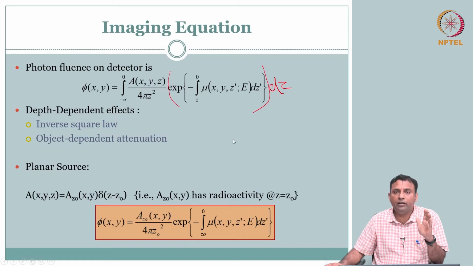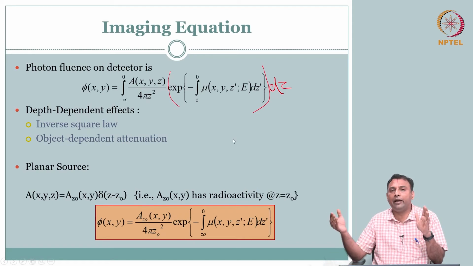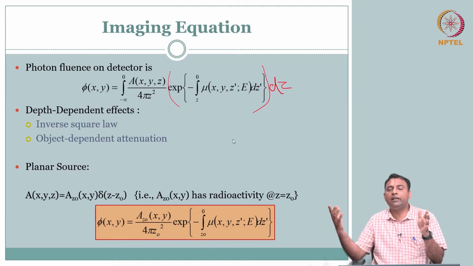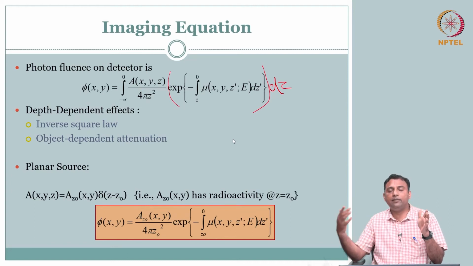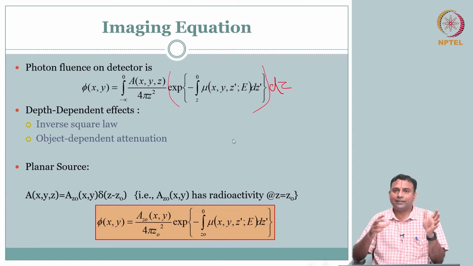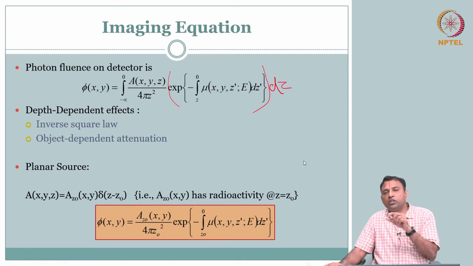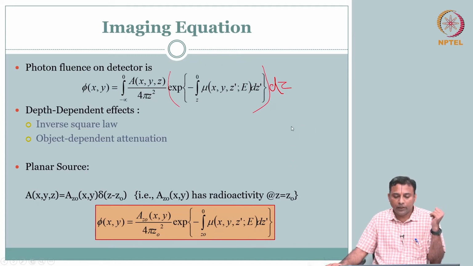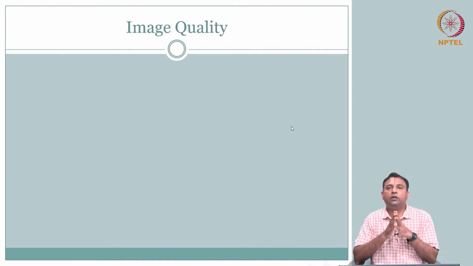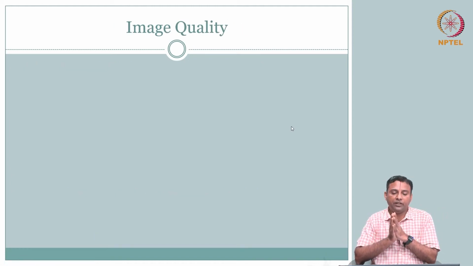In projection radiography we had the imaging equation, and then we studied the image quality. And in CT, when we did reconstruction, we started with this, and then we customized it for the instrumentation of CT, and then we did the reconstruction. So, similarly here we have the parent equation. Okay, when we go to SPECT or PET, corresponding instrumentation, we will start with the imaging equation and try to go back and estimate. Okay. So, we will now talk about image quality in scintigraphy.